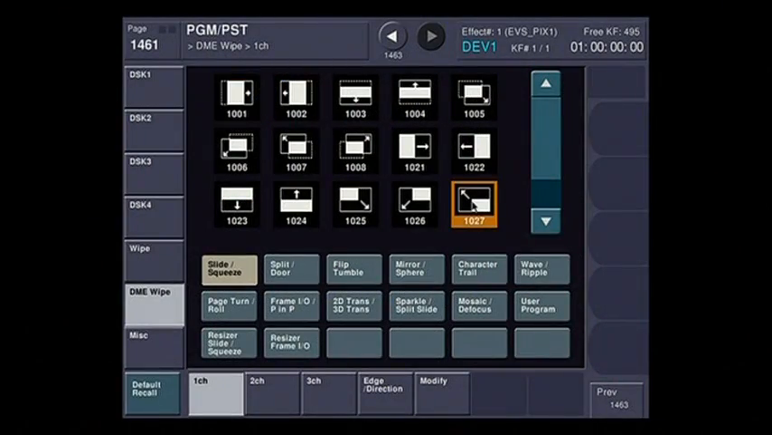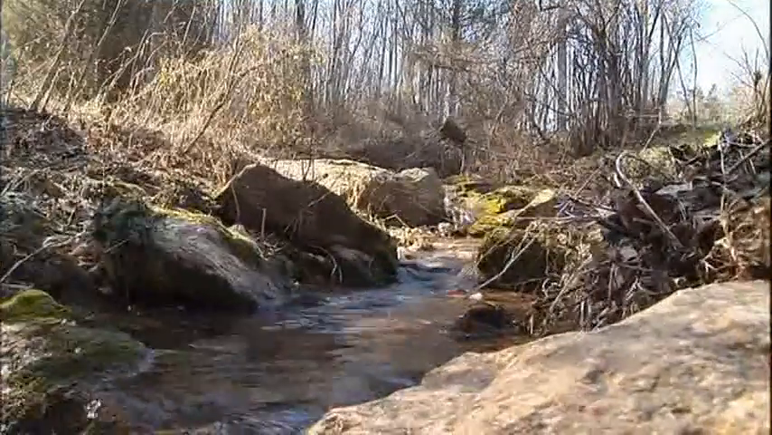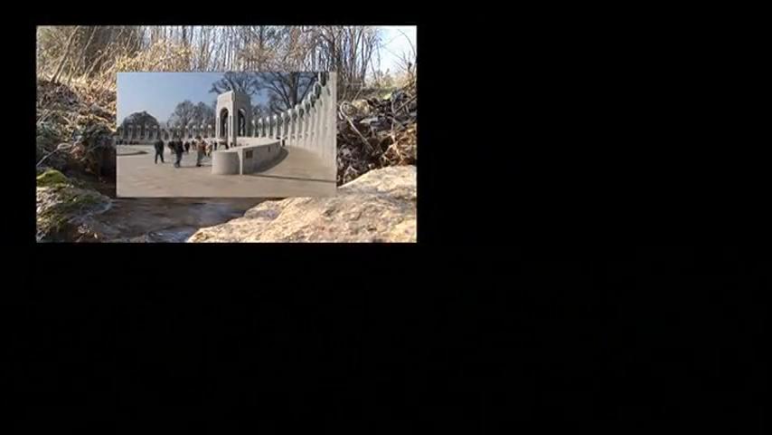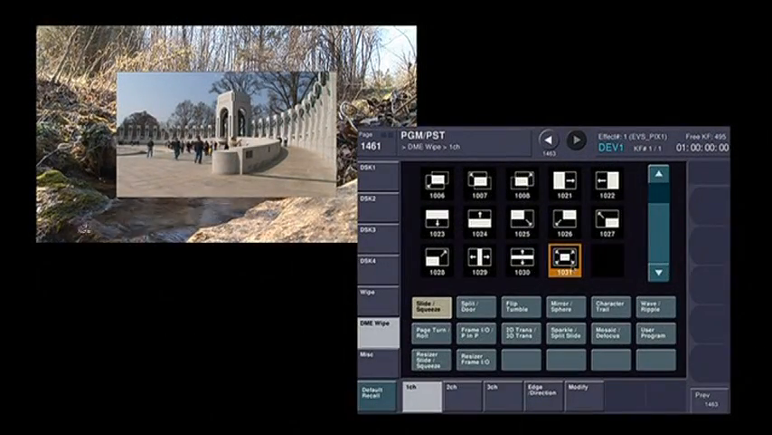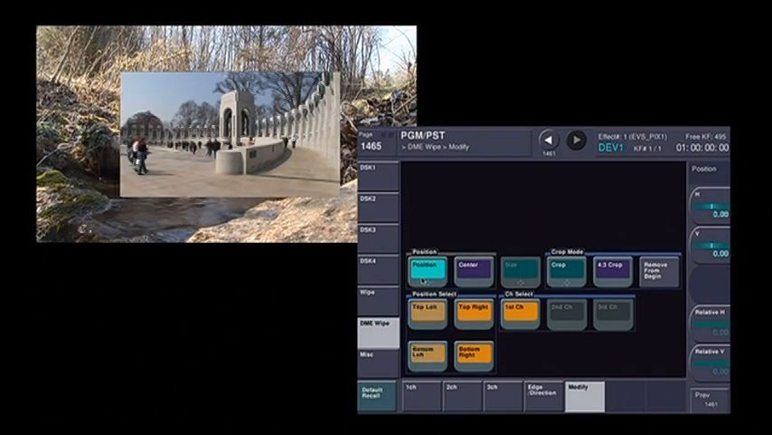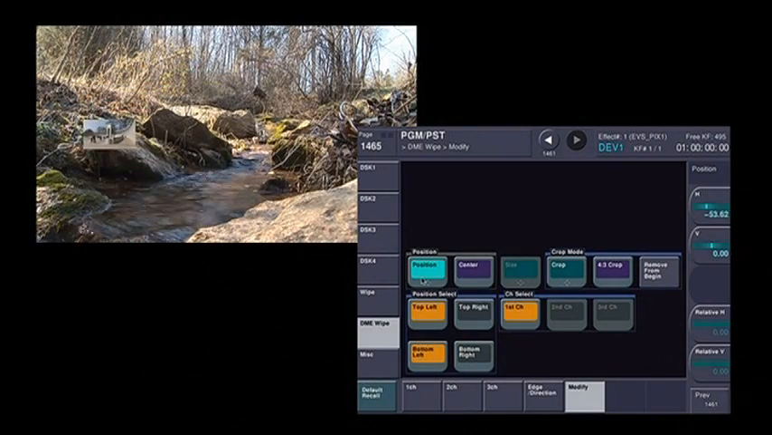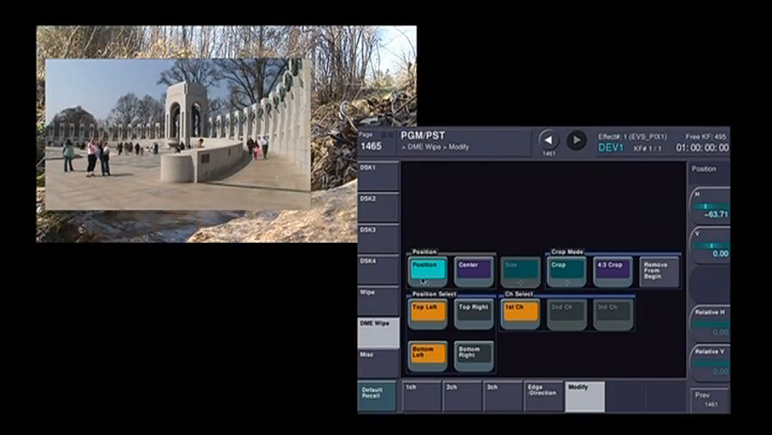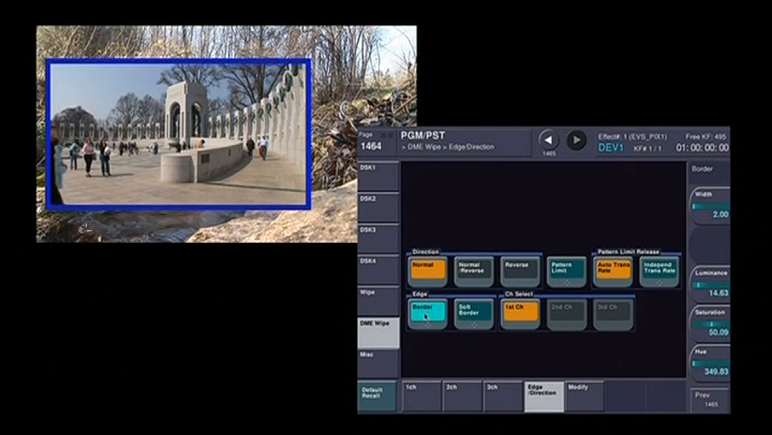If I want to have this pattern will look like this, I can come over here and select a square. Now the square pattern also allows me to go in and use things like modify, position. I can change where the box is going to come from. So if I want it to fly out of here, I can have it fly out of here. I can come over to edge and direction, turn on a border,